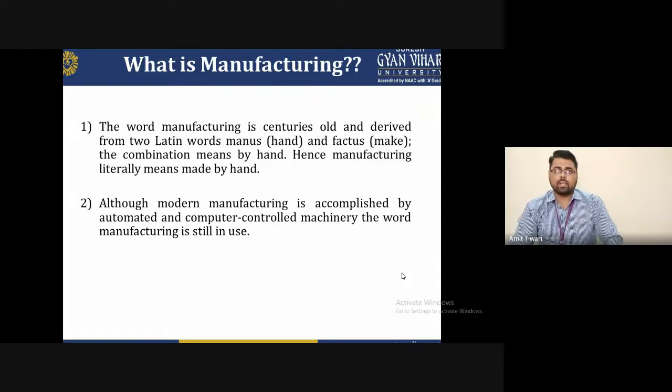For increasing rapid production, we use robots and special purpose machines to increase the number of products in very little time. So ultimately manufacturing is either made by hand or made by computer numerical control, because to control the computer we also write some coding by hand, giving the input parameters in the form of code, and with this we manufacture and provide a certain structure of a particular tool to form a product.